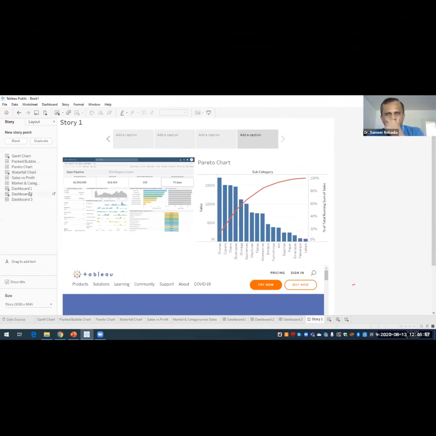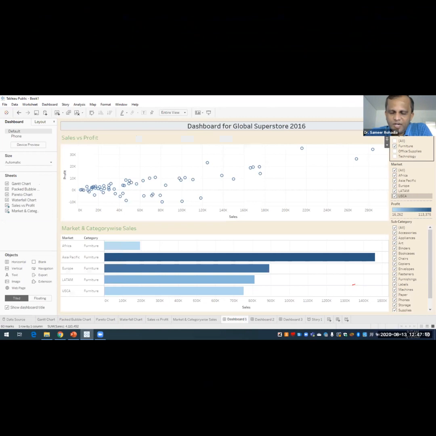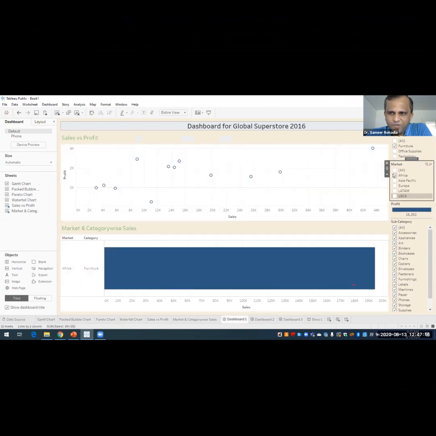Okay, now one important point over here. As I've shown you in this dashboard, if I click on furniture only in the category, and in the market, if I select Africa, for example. So I've done some changes in the dashboard. I've selected furniture in the category and Africa in the market.